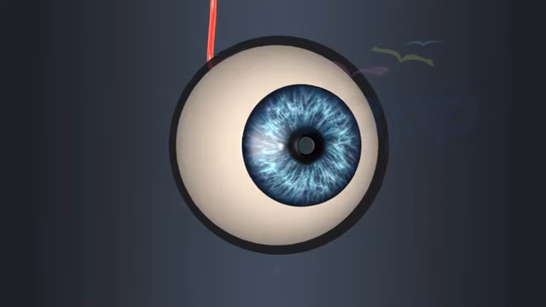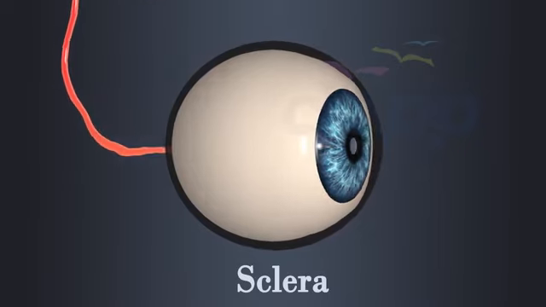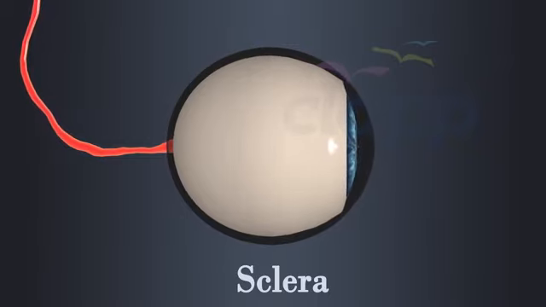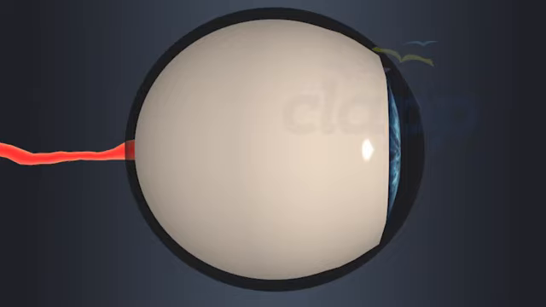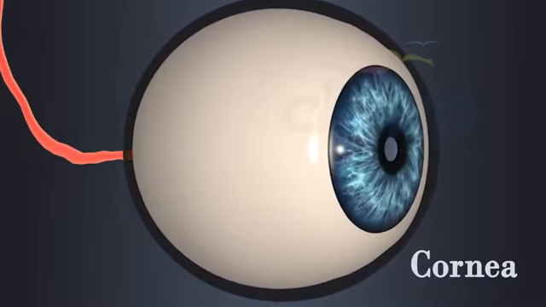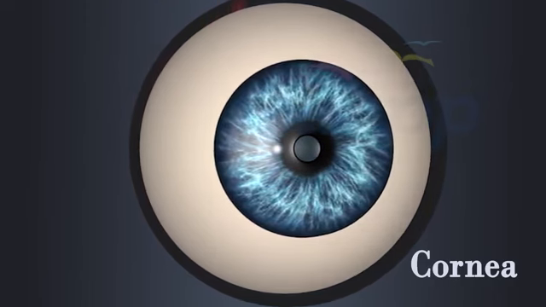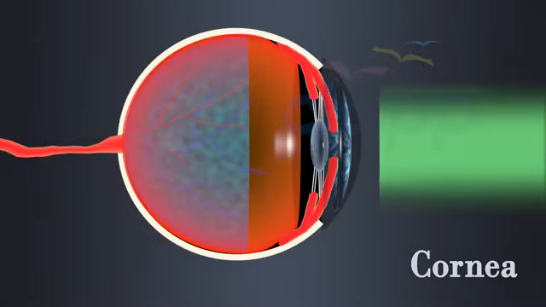Exterior layer. The outer layer of the eyeball is a tough, white, opaque membrane called the sclera. The white of the eye, made up of fibrous tissues. It provides structural support and protects the inner components of the eye. The slight bulge in the sclera at the front of the eye is a clear, thin, dome-shaped tissue called the cornea. The cornea is the clear, transparent dome-shaped front part of the eye. It acts as a protective outer layer, covers the iris, pupil, and anterior chamber, and it refracts and focuses light